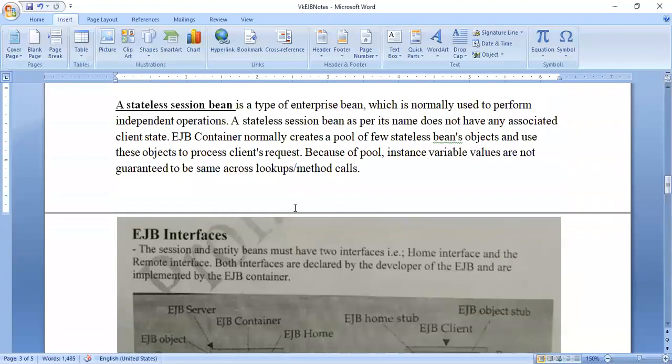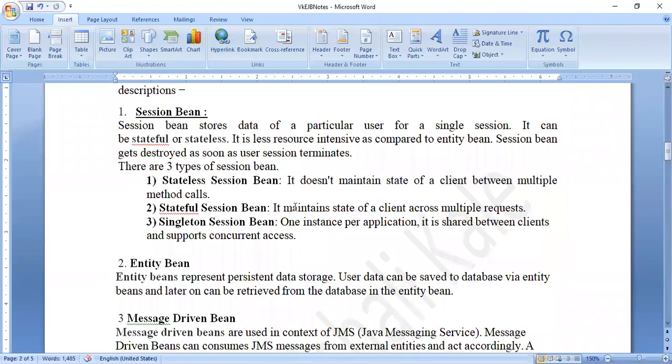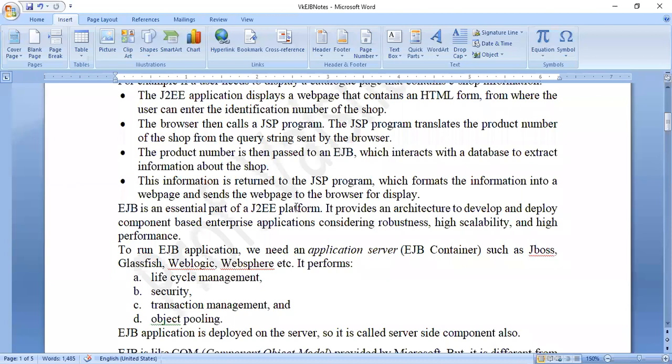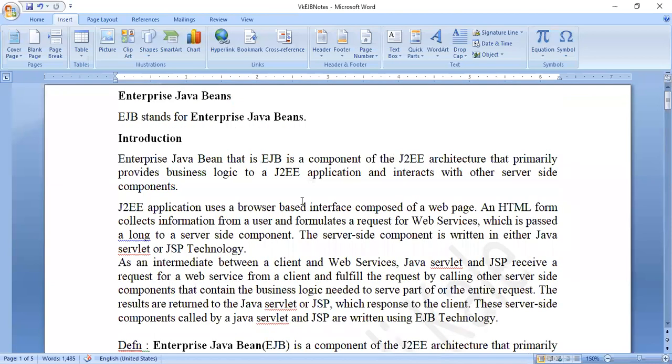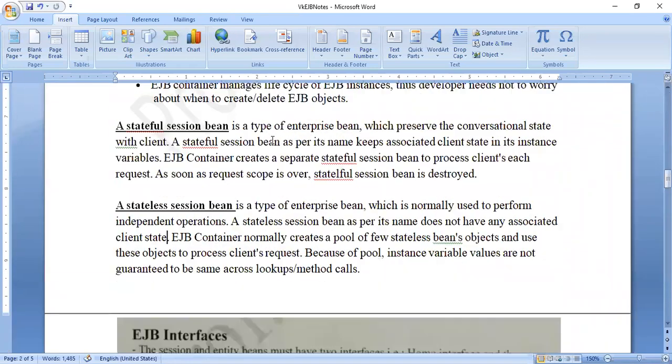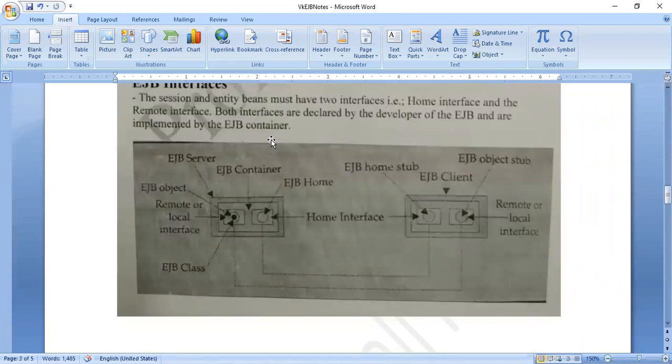As far as this EJB is concerned, you need not get frightened, because we have already told the examiner that it is beyond the scope of the student. It is already a very vast advanced Java syllabus, and we cannot cover this too much in detail. So I think whatever I have covered is sufficient.